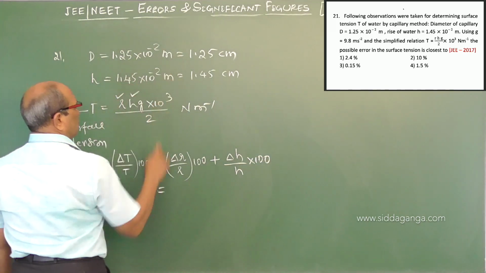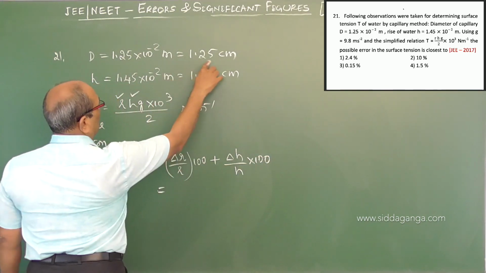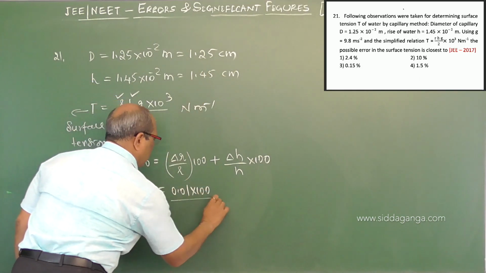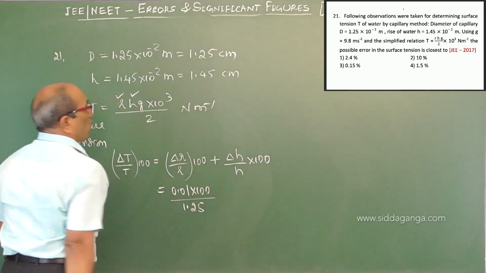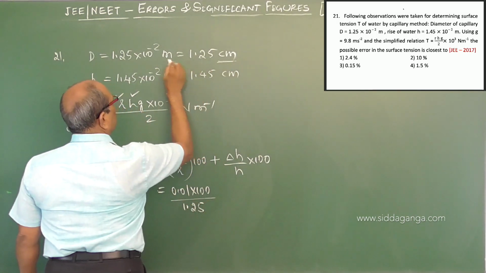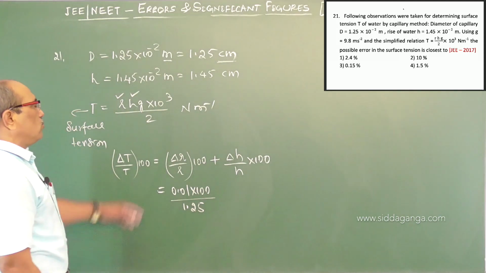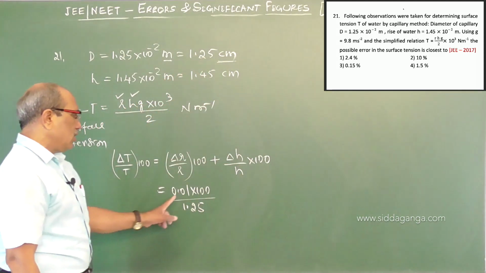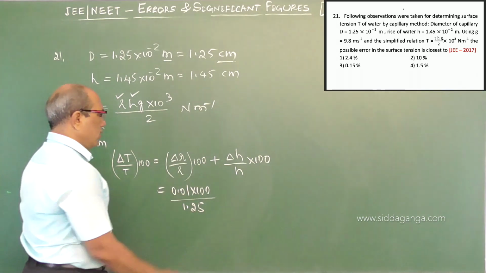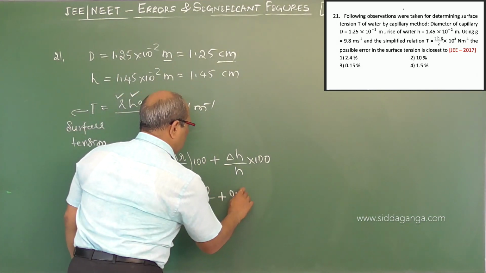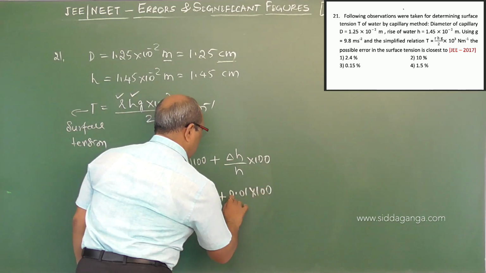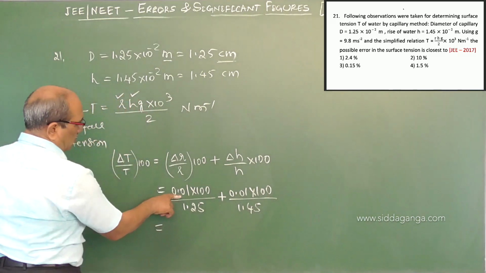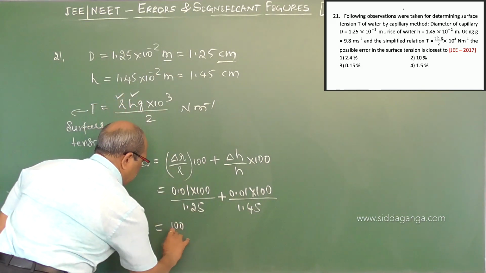I take delta R in centimeter, so this implies 0.01 into 100 by 1.25. Why is it written this way? Because it is in centimeter, so the answer in meter is 10 power minus 2. Here, 2 digits are there after the decimal point, which I prefer to be the least count. Therefore, I take 0.01 plus 0.01 into 100 by 1.45, and this equals multiplying, but 100 by 25